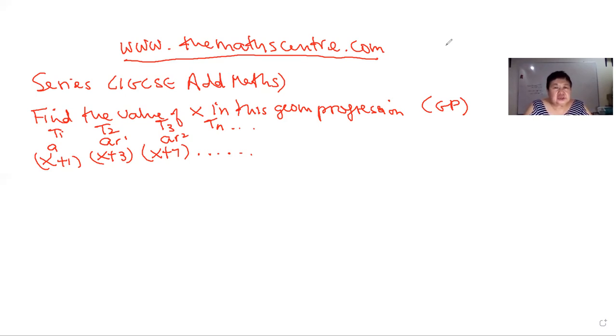Now, there's a very simple question here. Let me read it out to you. There's a simple GP. The terms are x plus 1, which is the first term. Second term is x plus 3. Third term is x plus 7. Now, those of you should know by now, in a geometric progression,